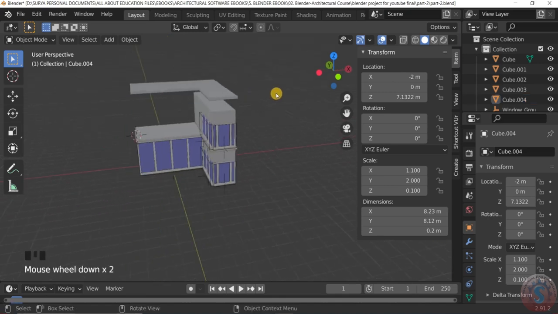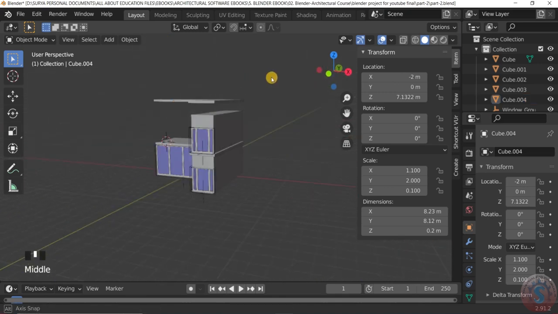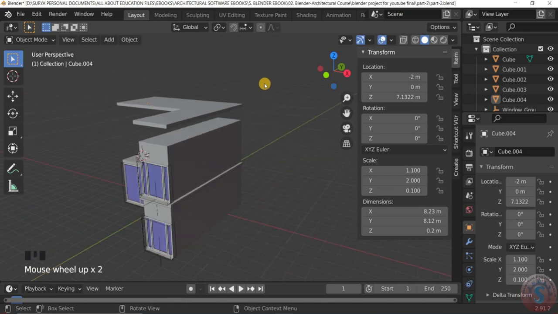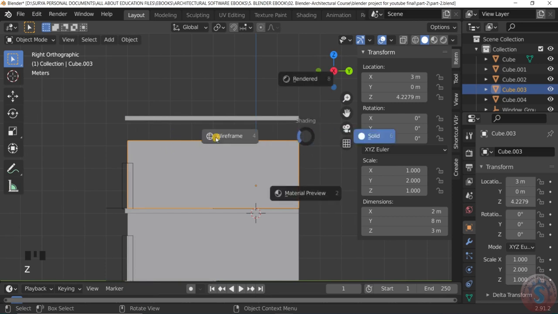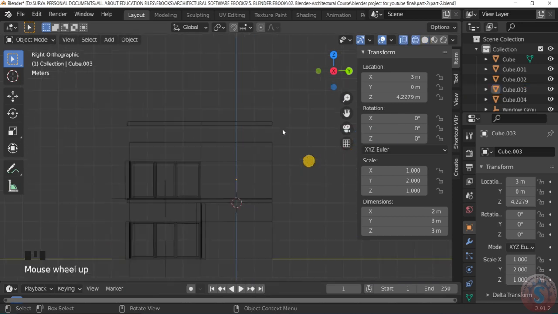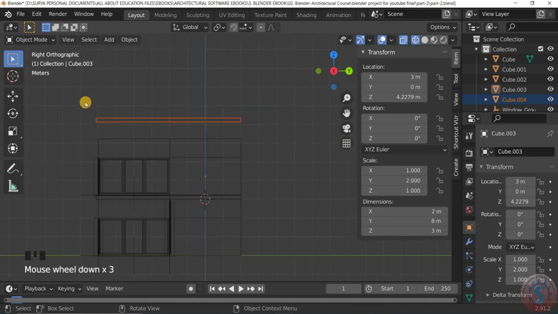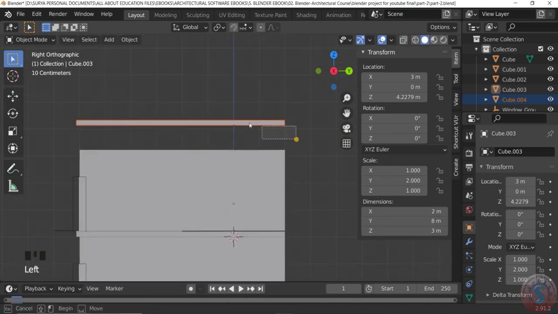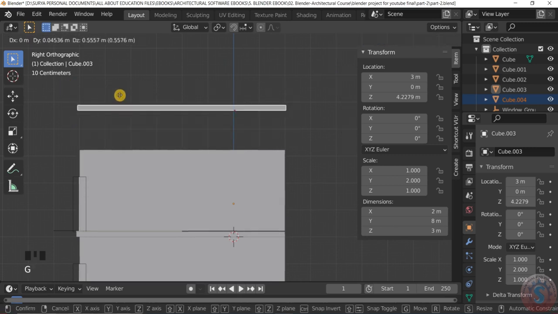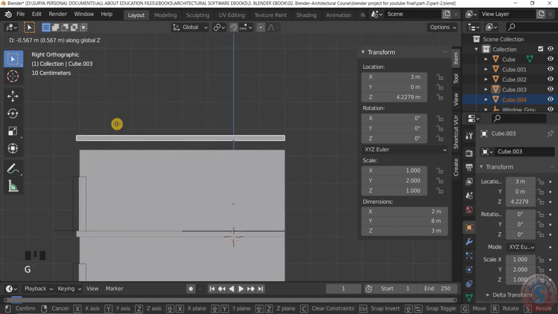Then after, adjust by using the XY axis on views. For example, I'm giving the 3, the side view. I'm selecting the Z and go into the wireframe and select this, or you can also, on the solid mode, move this by using the G and the X Z key.